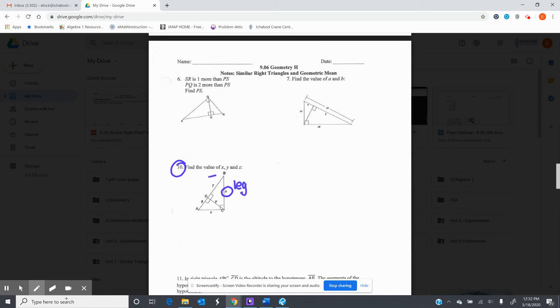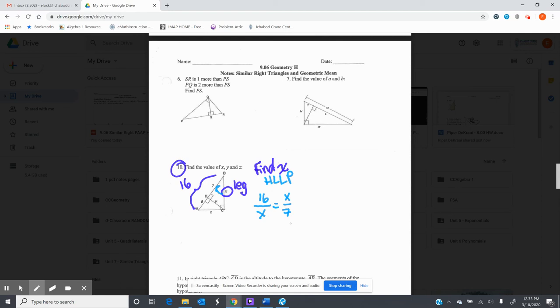And we do have the measures of the whole hypotenuse. 9 and 7 give us the whole hypotenuse will be 16. So to find x, we are going to use the leg rule, HLLP. So the whole hypotenuse is 16, compares to my leg x, as x would compare to the closest part, 7. So 16 times 7,